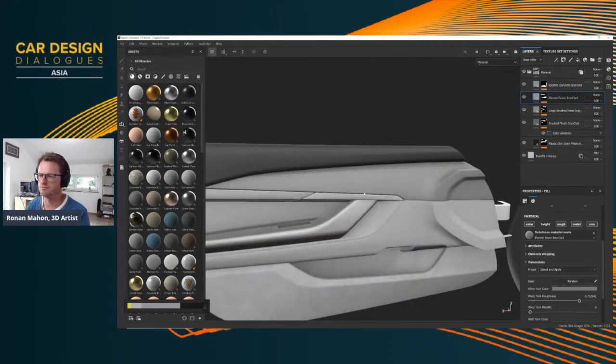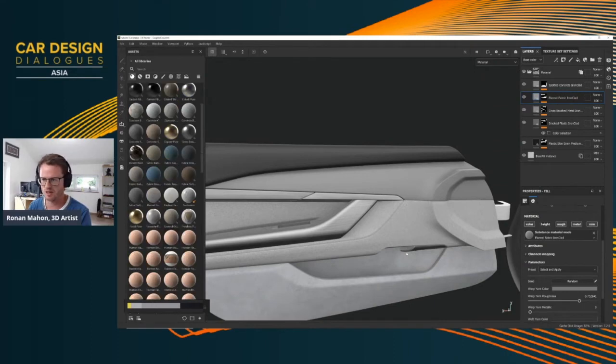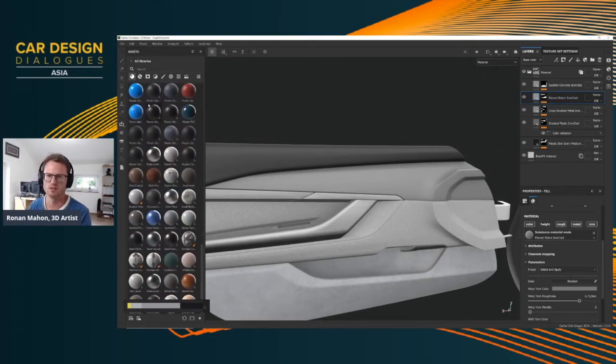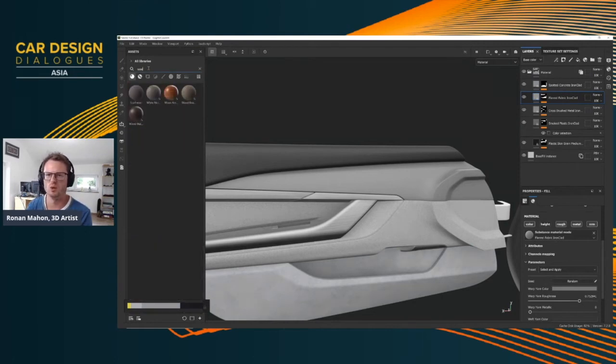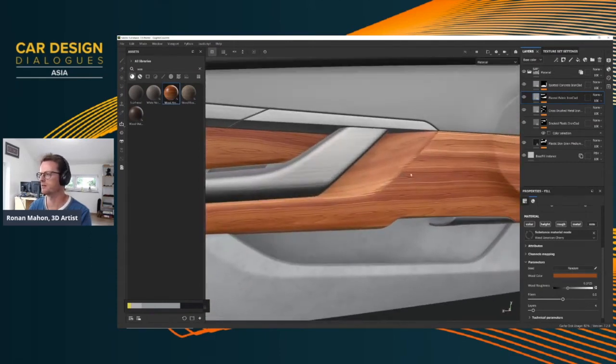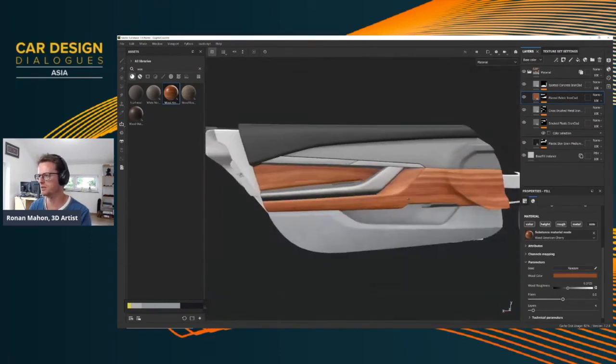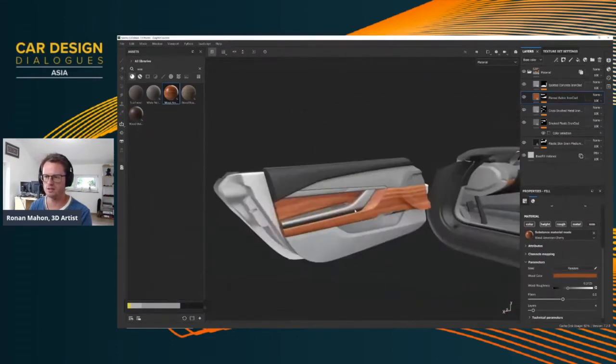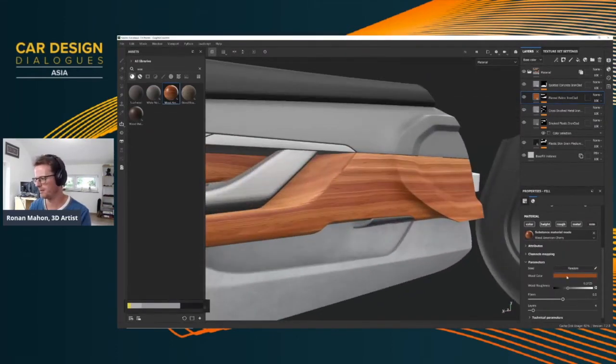So if I want to very quickly change the look of the car itself, perhaps instead of this fabric, we've got a wood. So how quick was that? Just change one material, and it's applied to the entire car. Color is probably a bit questionable.